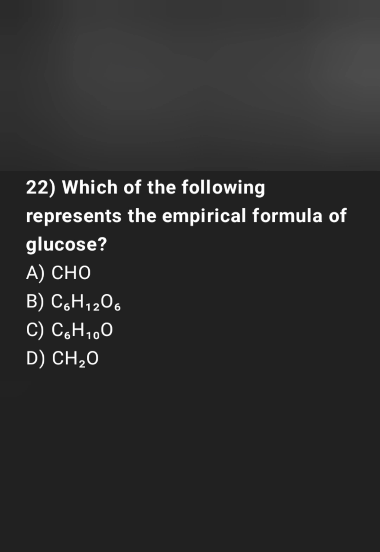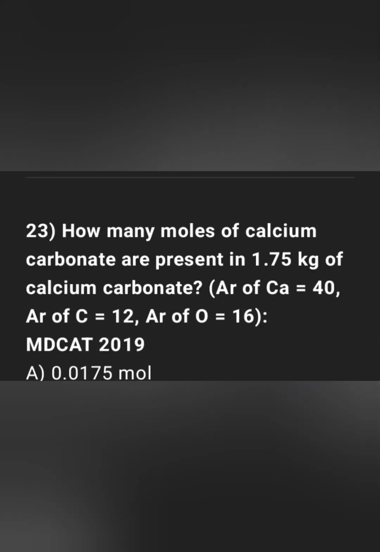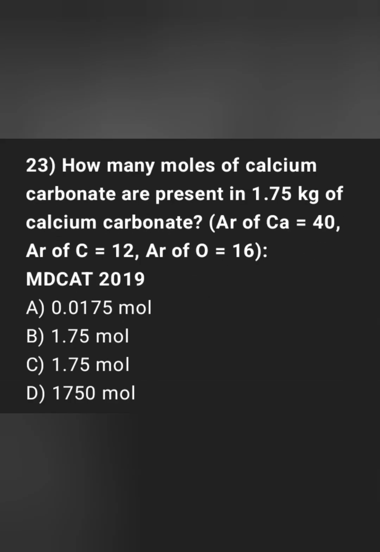Answer: D. 23. How many moles of calcium carbonate are present in 1.75 kilograms of calcium carbonate? Ar of Ca equals 40, Ar of C equals 12, Ar of O equals 16. MDCAT. A, 0.0175 mole, B, 1.75 moles, C, 17.5 moles, D, 175 moles. Answer: C,